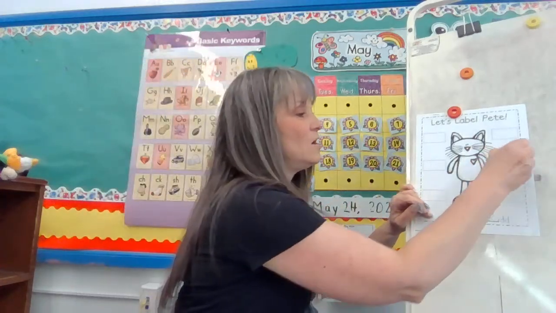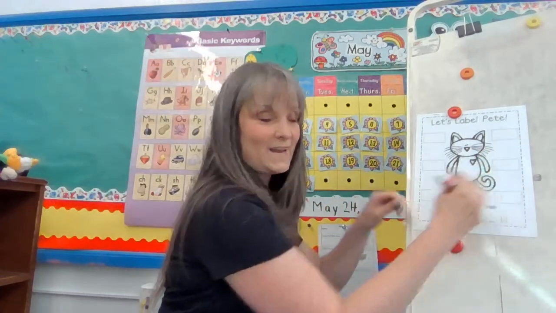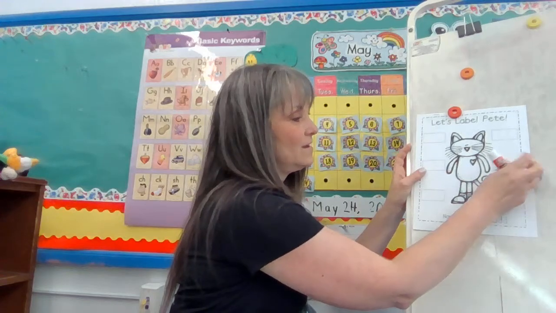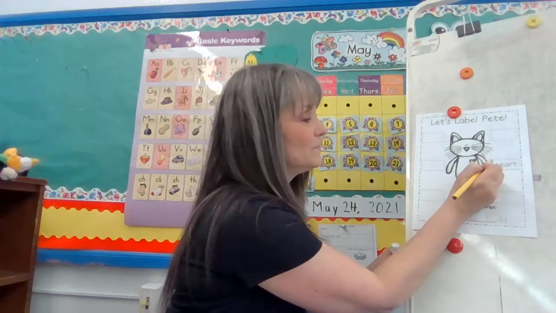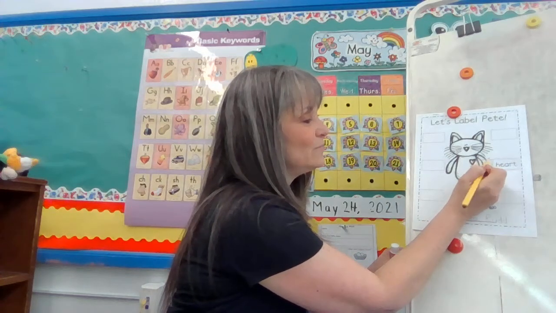Heart. Where is the heart? Pretty close to here, so I'm going to put it here. And I always put my glue in the rectangle. Okay? So it says heart. I'm going to take my pencil and make a neat line right to the heart. This one,